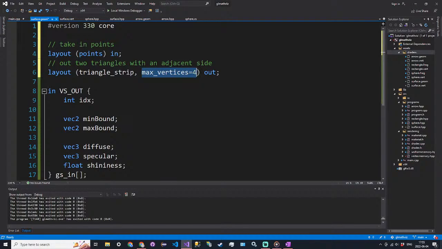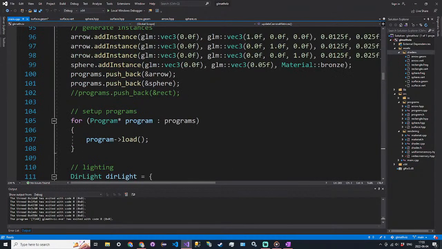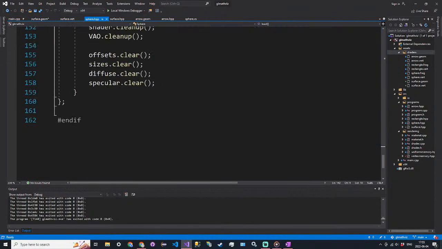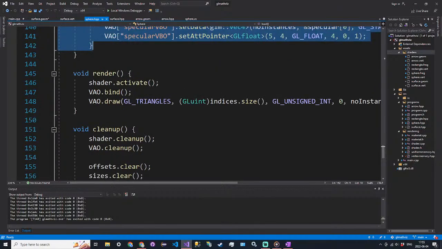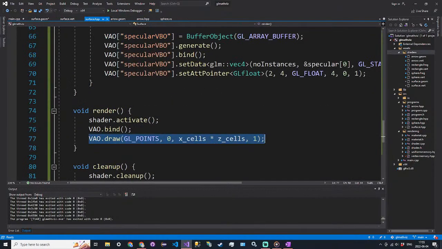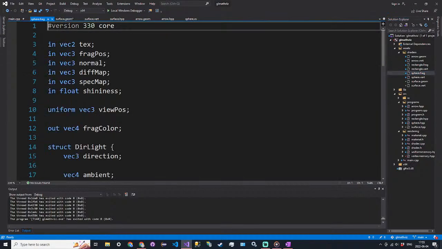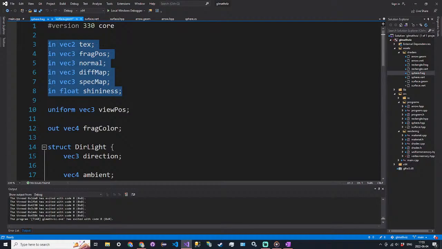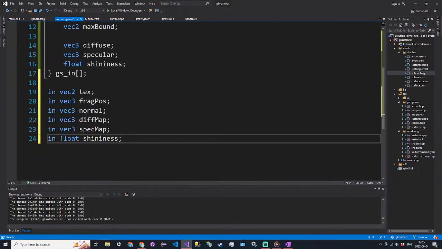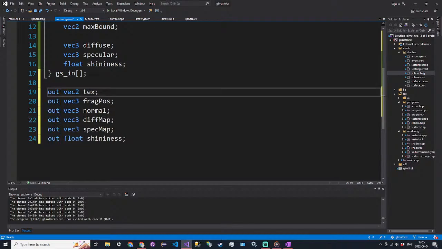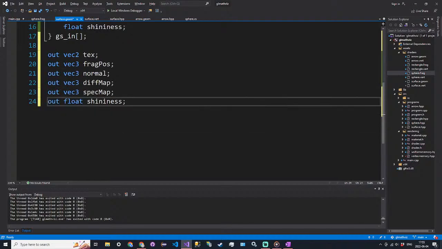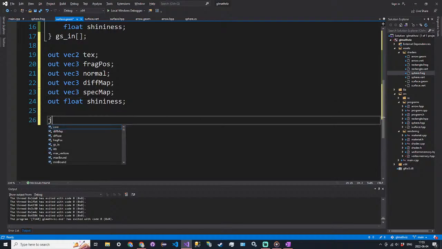So that's why we need to essentially render empty data, or just call the vertex shader for each point that we want to render, and then just have the geometry shader calculate everything else. So we take in one of these structures, and then we need to output a bunch of stuff to the fragment shader. I'm just going to copy all of this, the input to the fragment shader, and paste it, and then replace the in keyword with out, so it sends it to the fragment shader. And we just need to allocate or set values for this. And then we also have our uniform